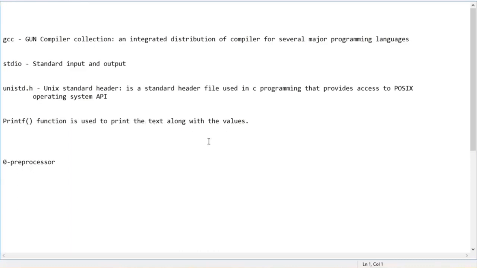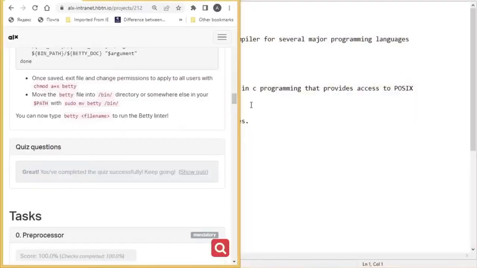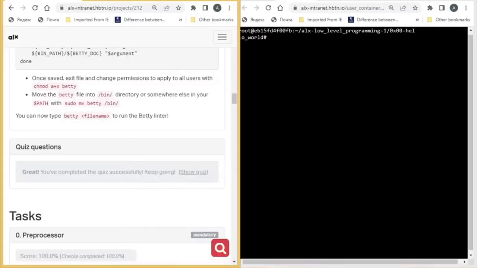So just look through it, and I believe it's a little guide on some of the terms you come across in this particular project. So we can just move on and start solving the tasks. Alright,